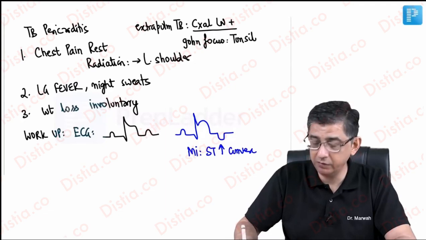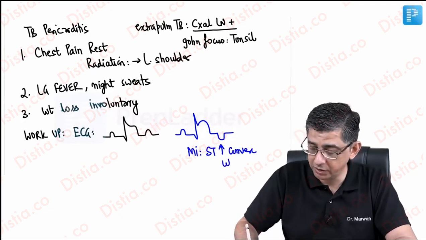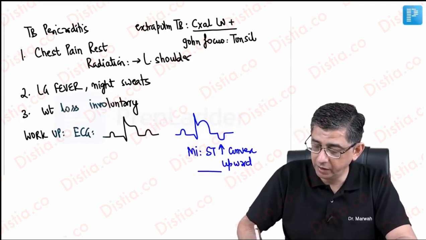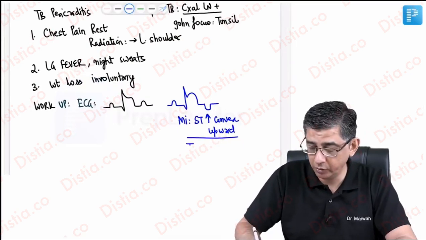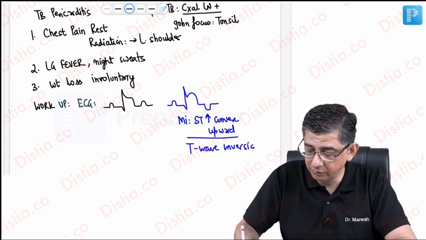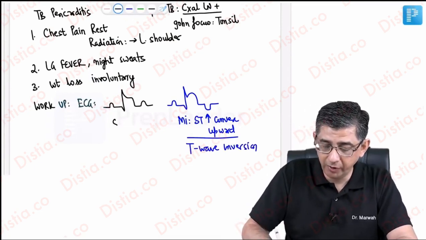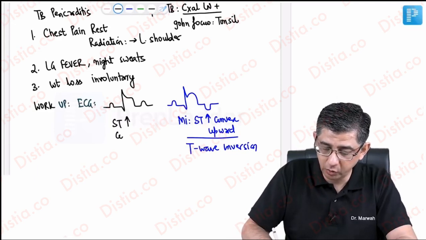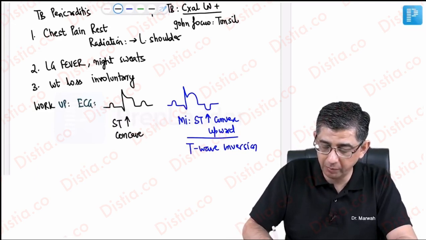This is an ST elevation convex in an upward direction. There is also a concomitant T wave inversion that I have shown before you. But in pericarditis, you will notice that the ST elevation will be concave in an upward direction. I repeat once again, there are two causes of ST elevation that are to be remembered, but